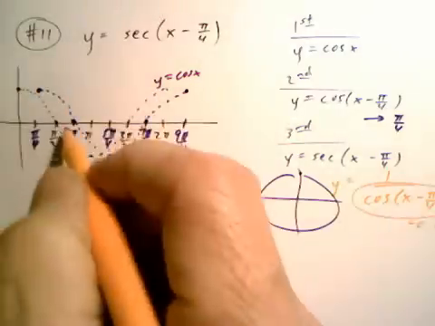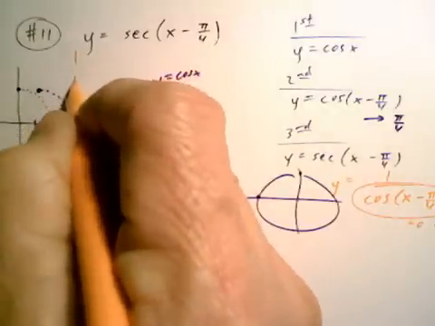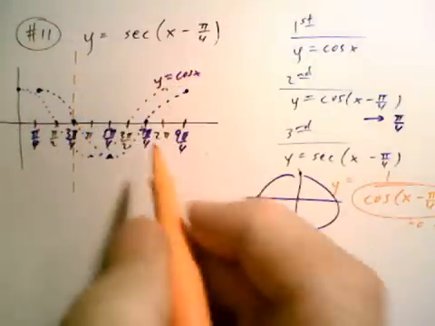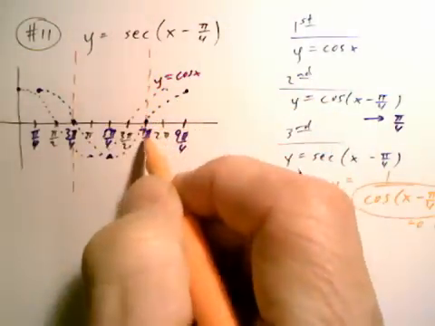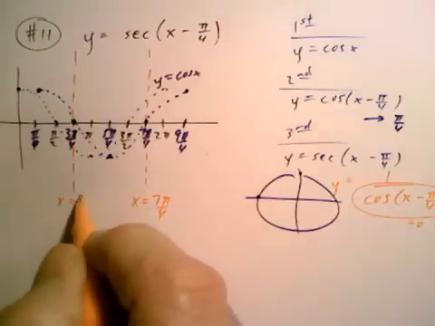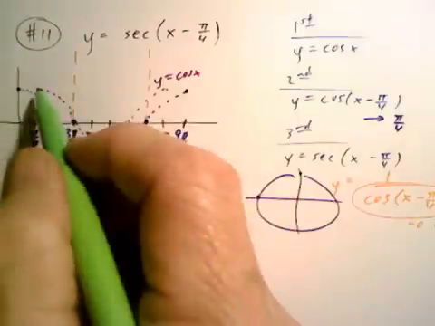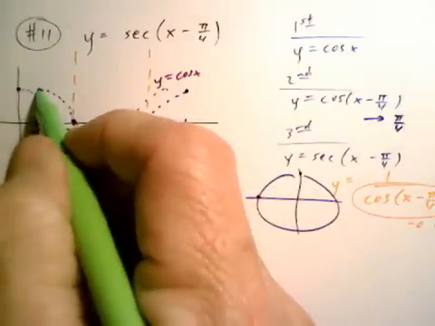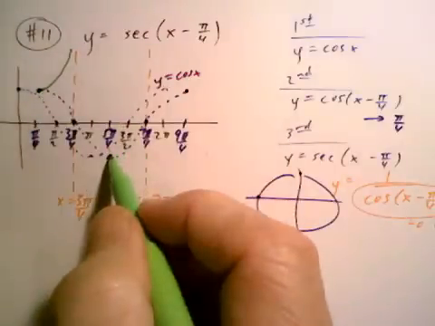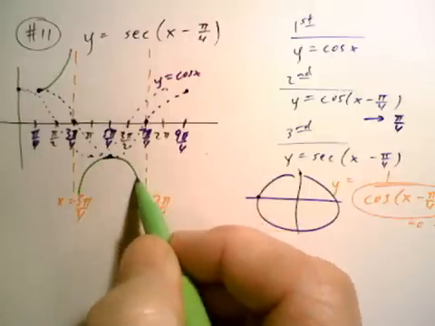Okay, and so we just go back here and we look at our graph. We can see where the blue graph is the one we want. Right there where the cosine is 0, we have a vertical asymptote. And here again we've got another vertical asymptote at x equals 7 pi over 4. The first one was at x equals 3 pi over 4. Okay, and then the final graph, which color should I use? For the final graph, remember the high points on the cosine graph correspond to the low points on the secant graph. So we go right up from there, and then the low points on the cosine graph correspond to the high points on the secant graph. So it looks just like that,